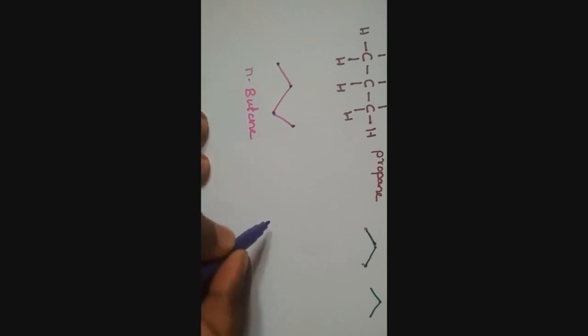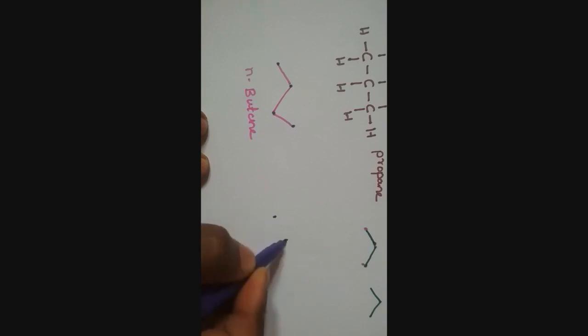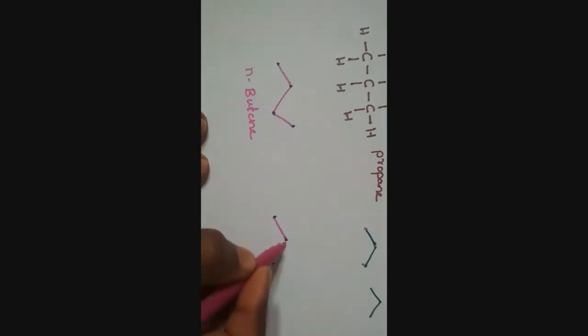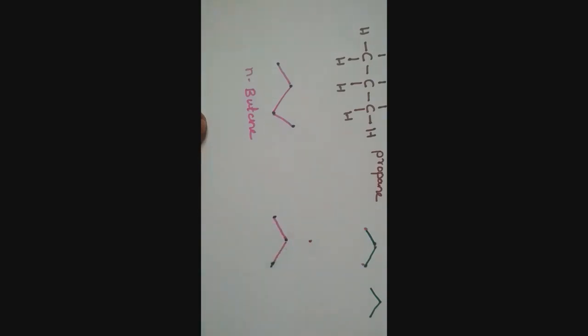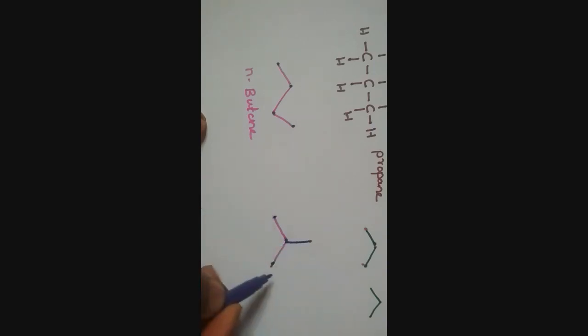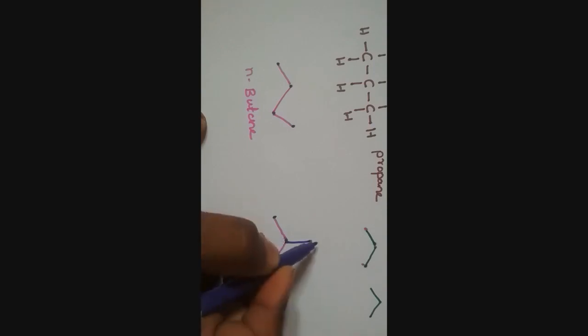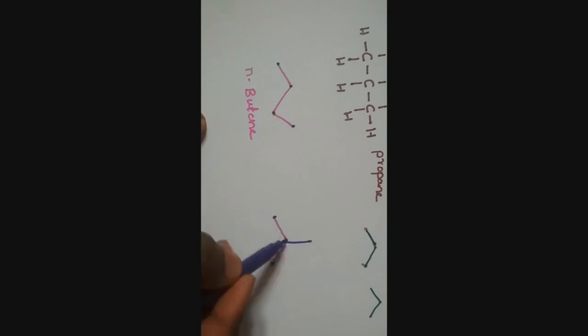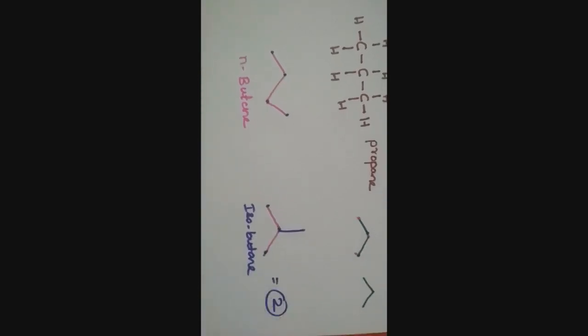So you can take a 3 carbon parent chain, C1, 2, 3, and join one more carbon here, to the middle carbon. This indicates CH3, CH, CH3, with the middle carbon already having 3 bonds, plus the CH3. This is the parent chain, and it is attached with a methyl group. See, 1, 2, 3, 4. It is called isobutane. Hence, the number of possible isomers in butane is 2.